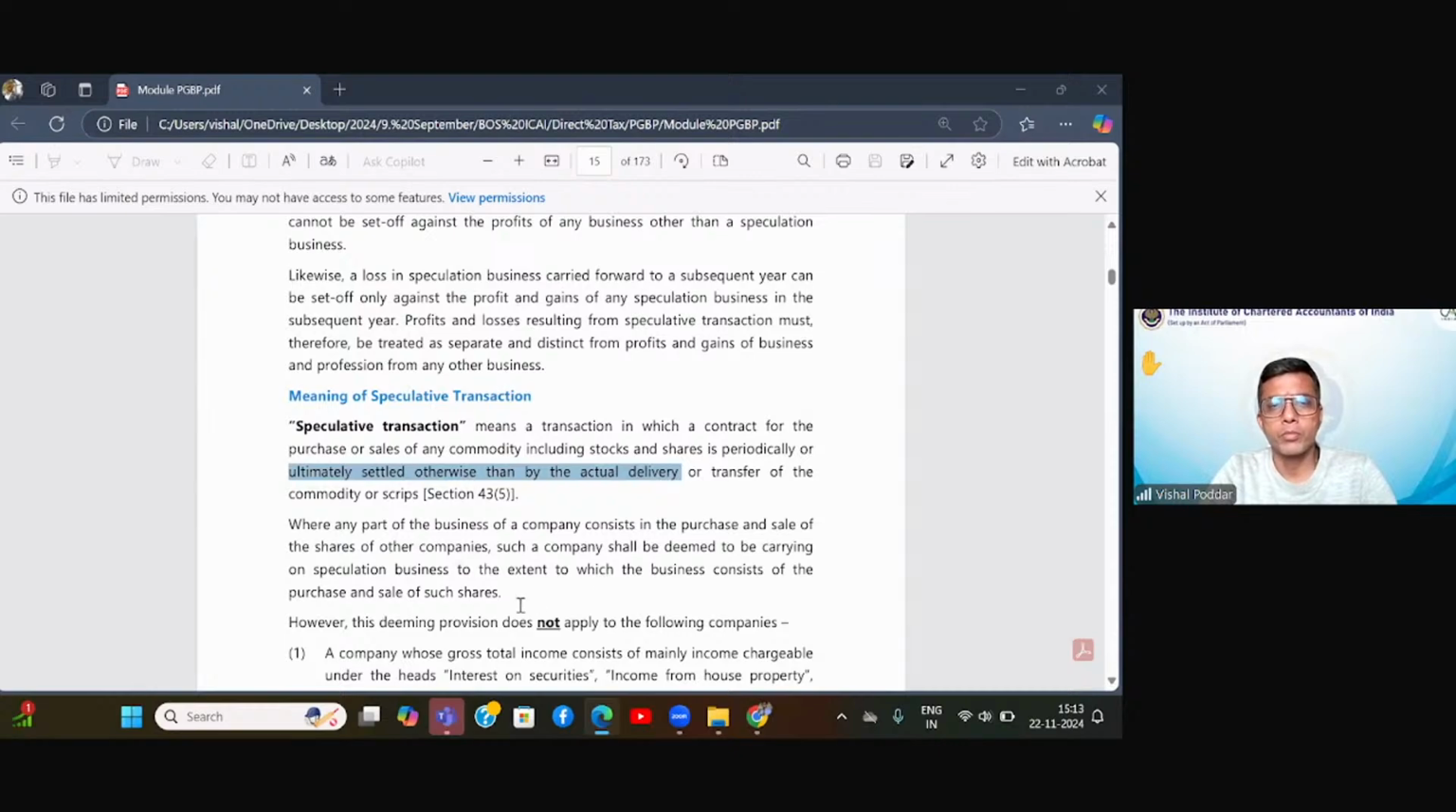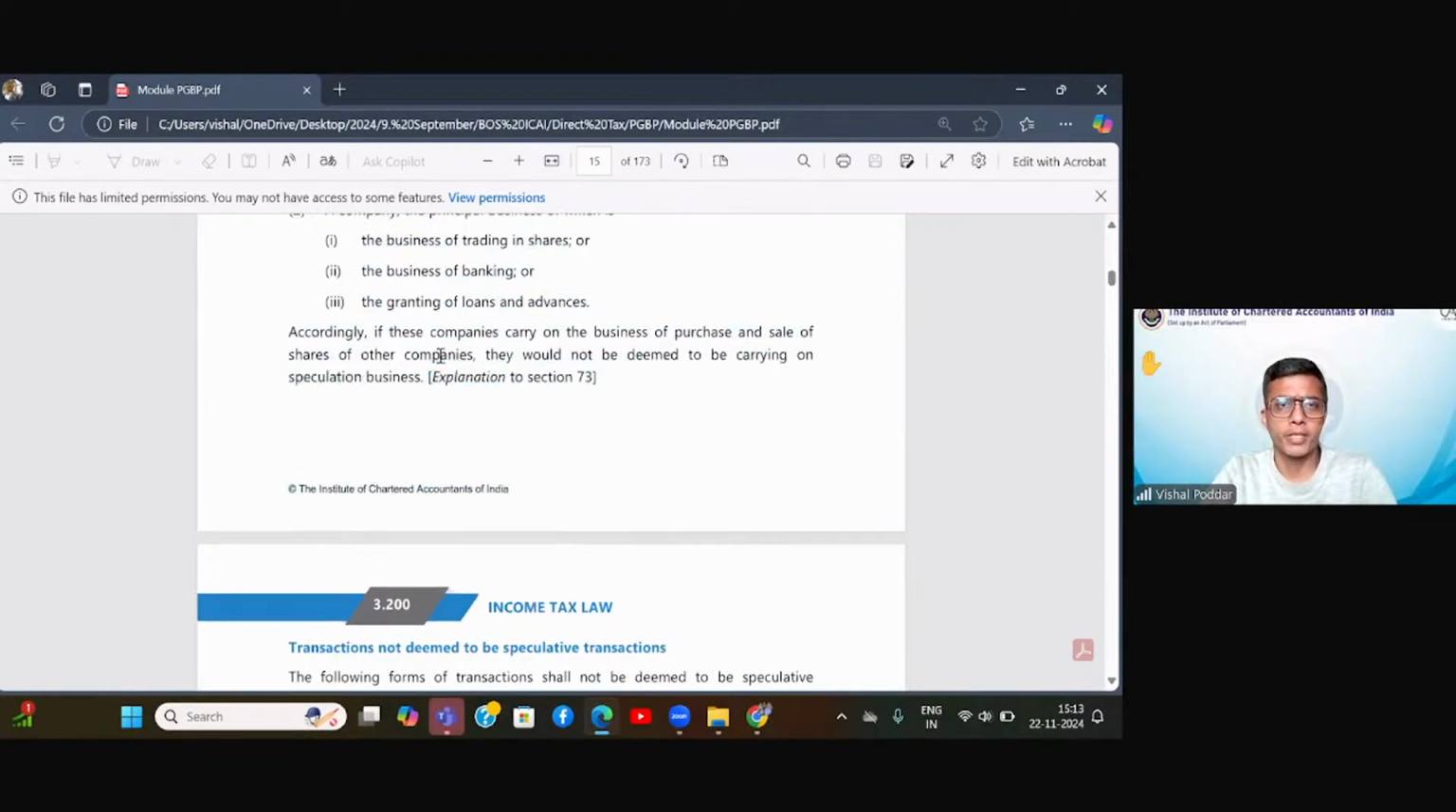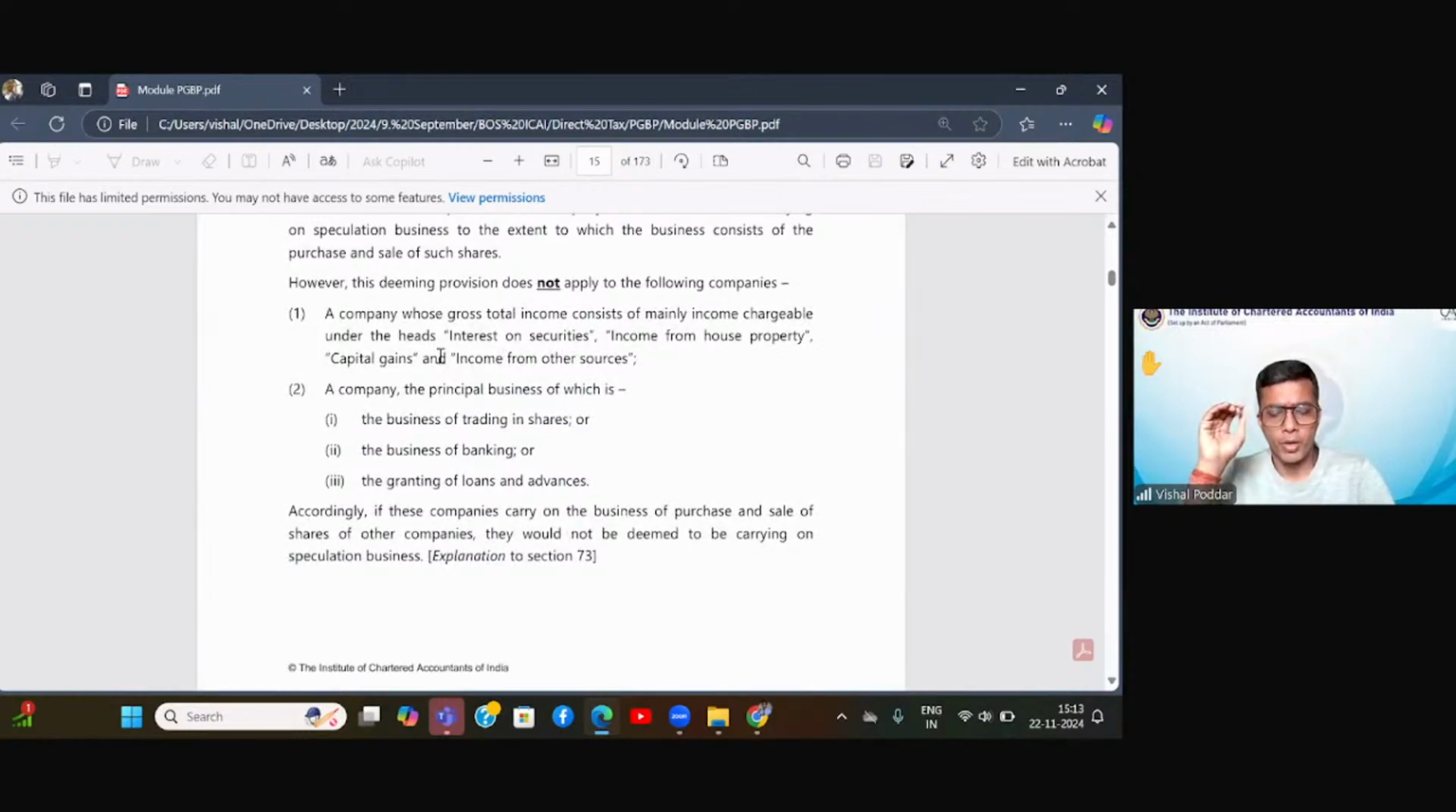Now, speculative also has exceptions. The definition of speculative has some exceptions. Firstly, speculative is where you are engaged in purchase and sale of shares without actually taking the delivery. That is the main definition. Now it has an exception, where it says that a company whose business is investing,